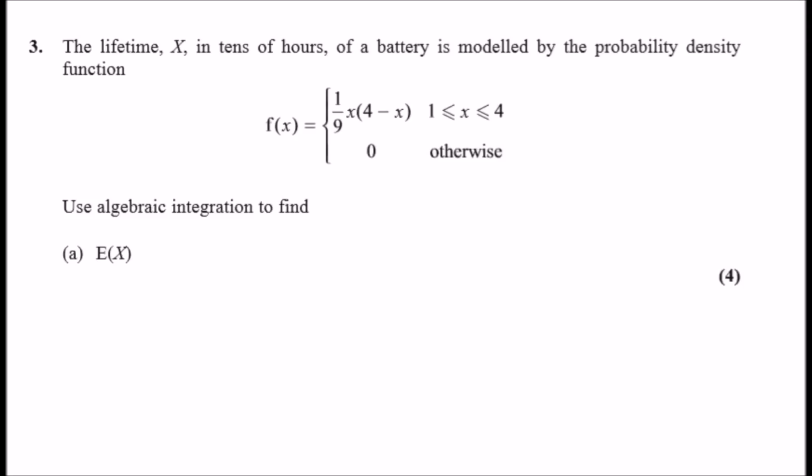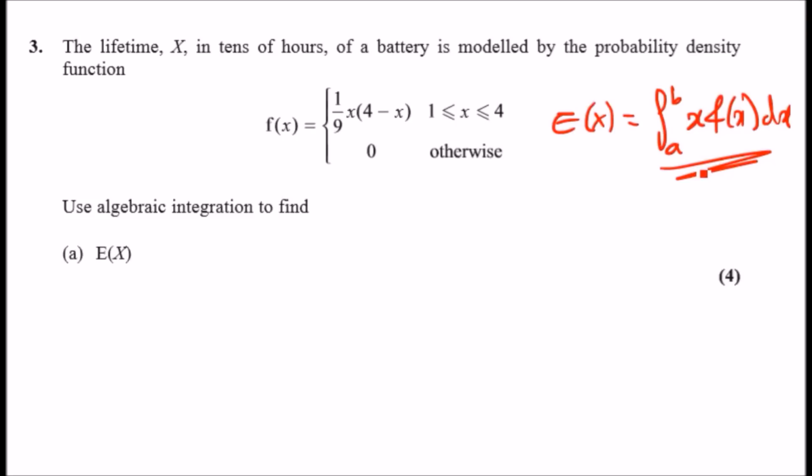If we know the definition of expected value, I can write over here. E(X), at least in terms of integration, is always the integral from the limits, let's say a to b, of x times f(x). Simple as that. That's all it is. It's always this case. So in other words, we just have to multiply x to the density function. So this